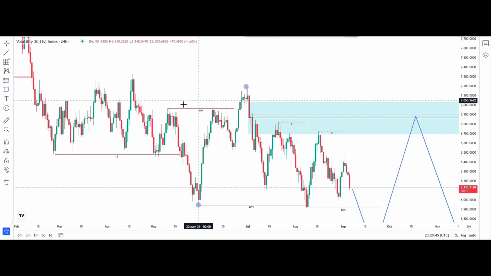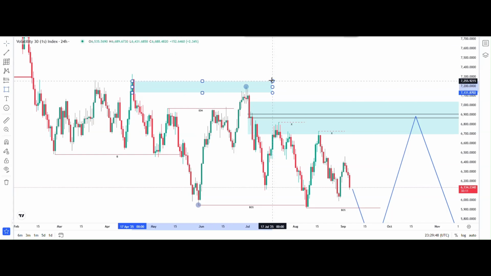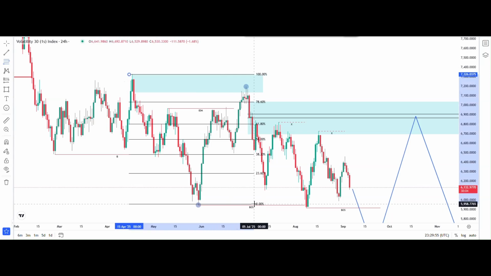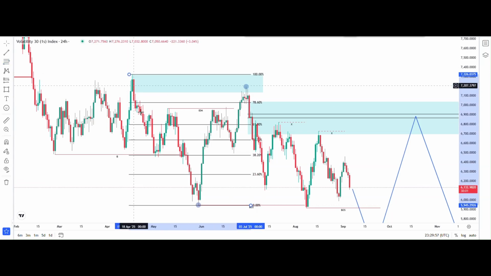It's going to react in premium, at an area of premium price. Let's just use our Fibonacci retracement from this high here to this low here. And we're going to see that the 0.786 level is the trap zone. That's normally where the market goes to sweep out all the liquidities. That's normally where it goes to sweep out the traps, right? So once the market hits this area, it's going to be taking out all the traps, all the fair value gaps,